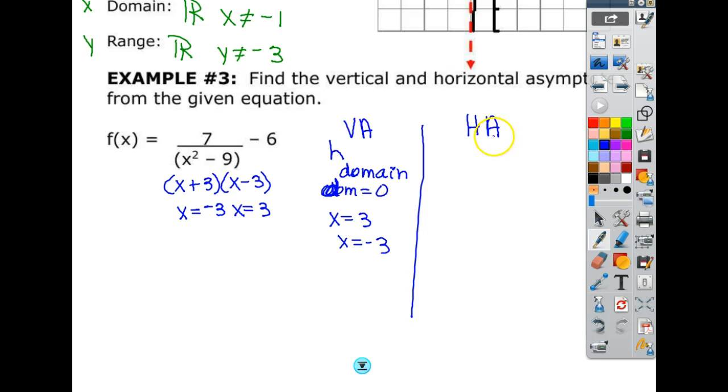Okay, the horizontal asymptote is just your K value. You just say Y equals whatever the K is. What's our K? -6. So you say Y equals -6. Okay? So you have a little chart like that you can do really super quick on your worksheet. Okay, let me